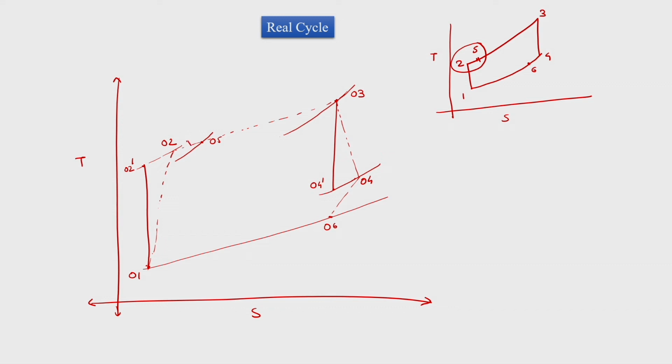Here this is the loss, delta P naught, in the heat exchanger from the air side. Similarly, the complementary loss is delta P naught in the heat exchanger for the gas side. So this is the total pressure loss in the combustion chamber. These are all the losses which we have accounted for when we started considering the total conditions, where we have accounted for the losses and also the velocities.